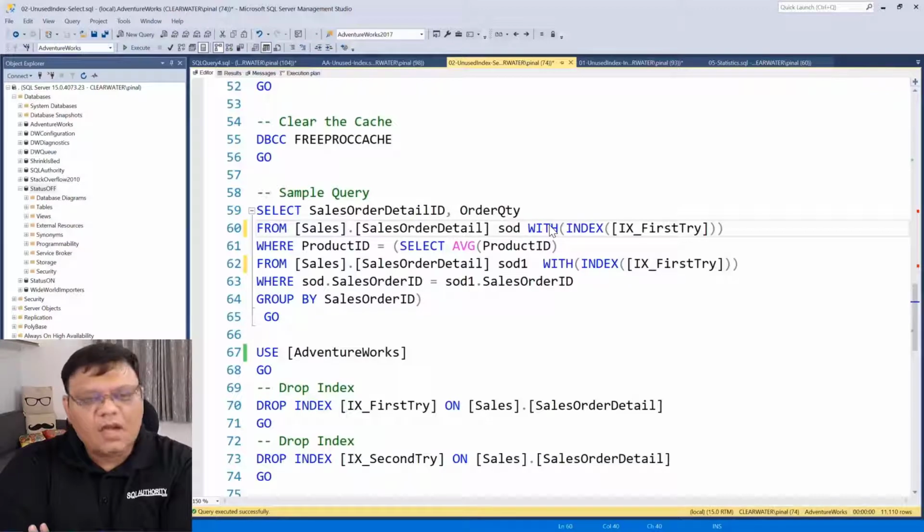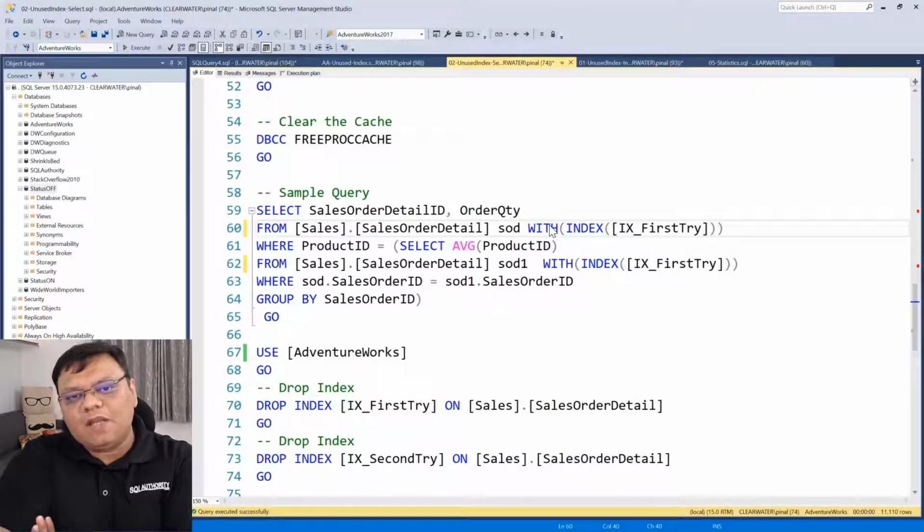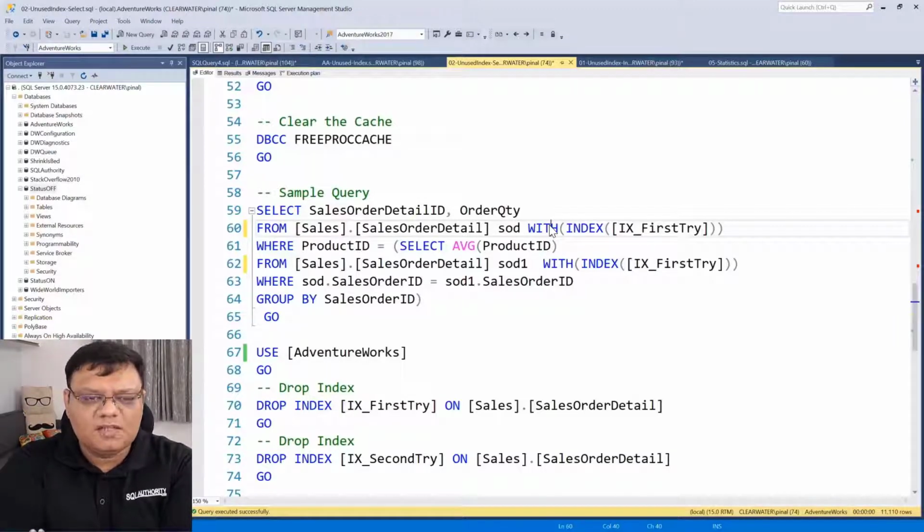I've seen it at my client's place all the time. As a matter of fact, three days ago I was helping a client. They had this issue. They would not believe me. They refused to drop all these indexes. I kept telling them, your indexes are the problem. They said, no, they are not being used. I agree, the indexes may not be used, and that's why you need to drop them. But they said, I just want to keep it because sometime in the future I may need it. I agree, but your index just being there is negatively impacting everything else.